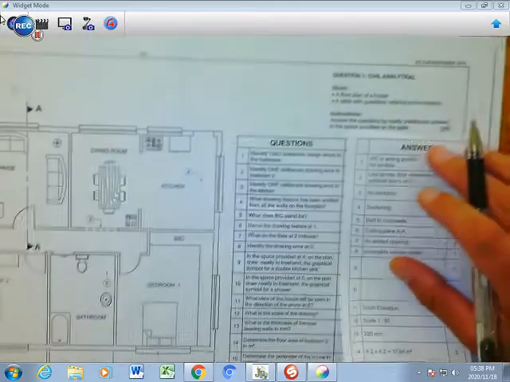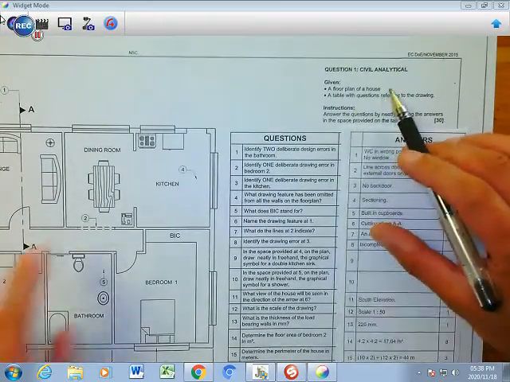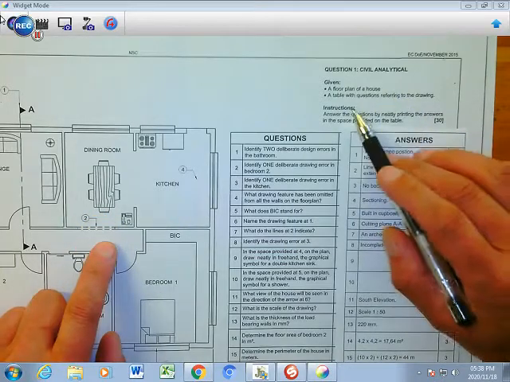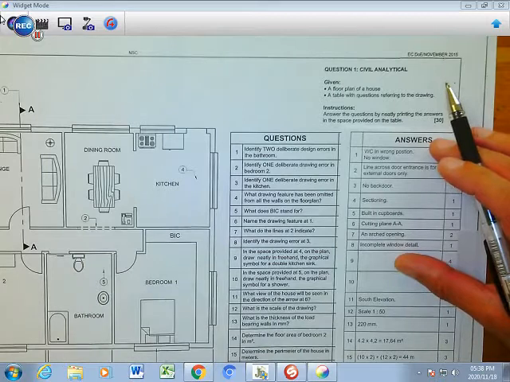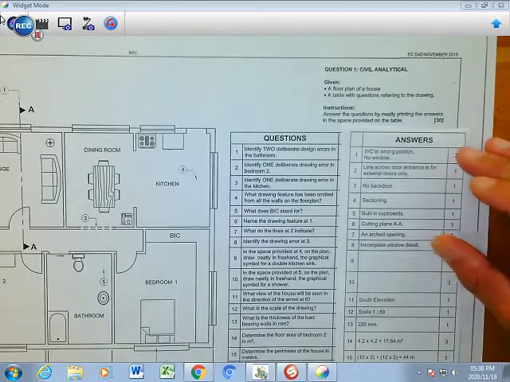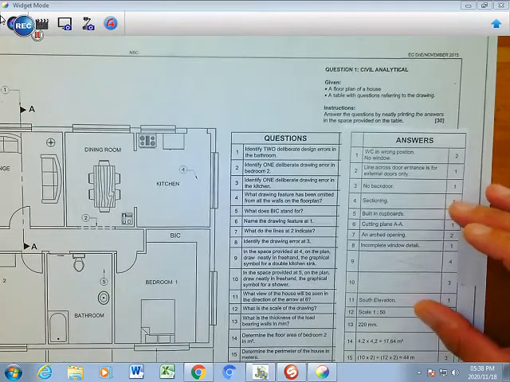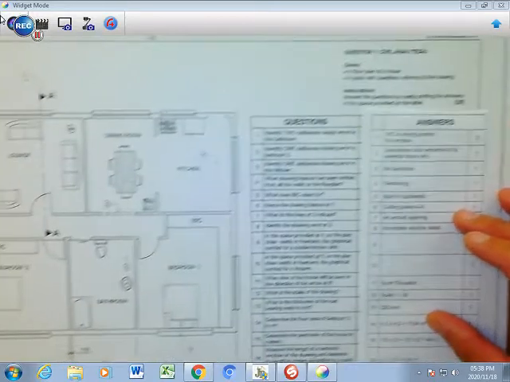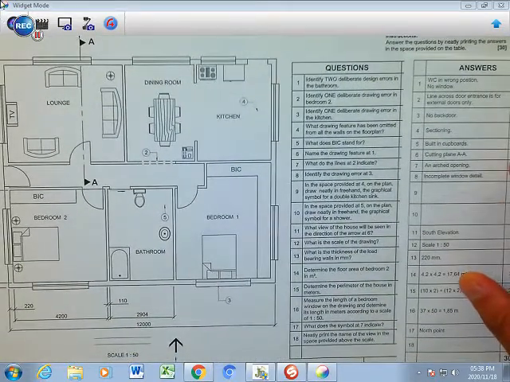There's an instruction here at the top which says analytical. A floor plan is given, which is the floor plan here, and then there's a table of questions referring to the drawing. You must answer all the questions by neatly printing the answers in the space provided. You may use a pen or a pencil. I prefer a pen. Okay, and be clear in what you write down. So the first question basically, if we're going to just zoom in on this a little bit,